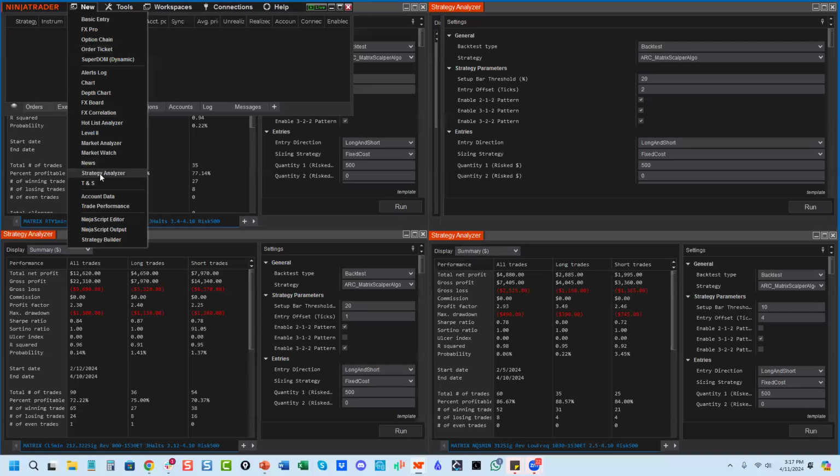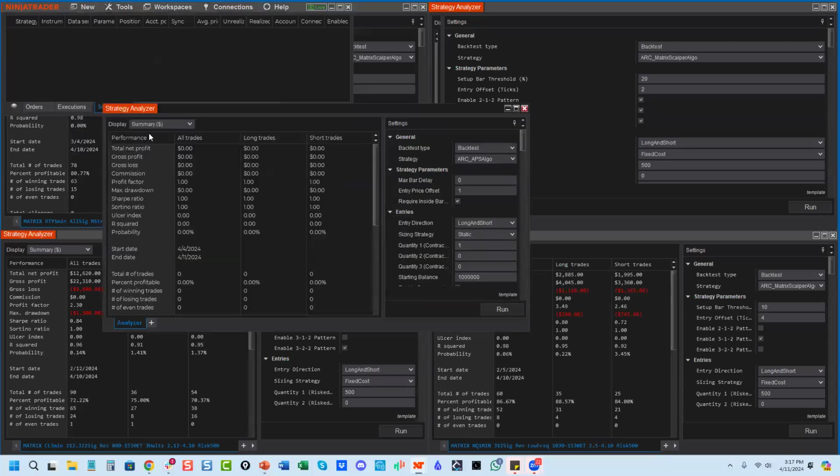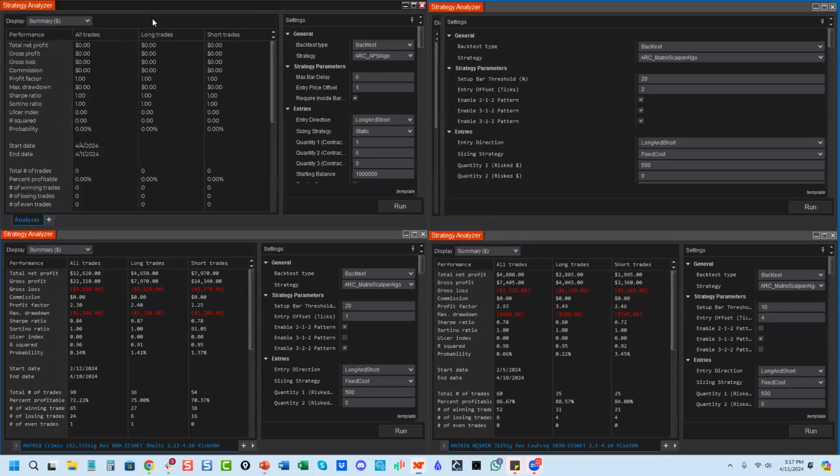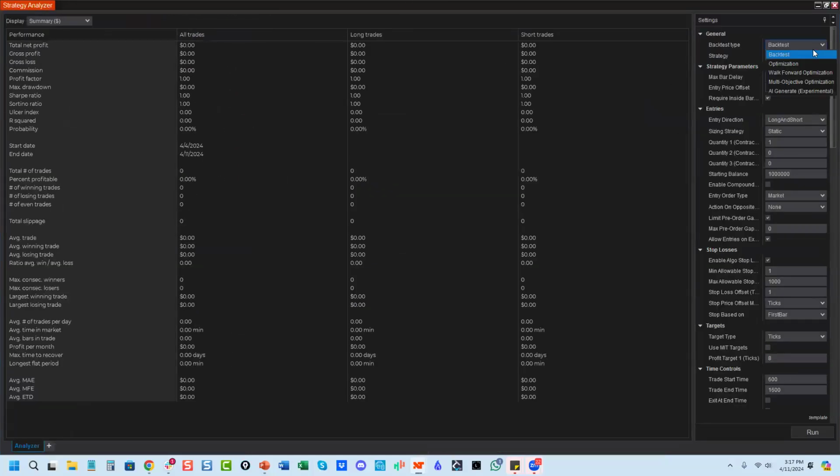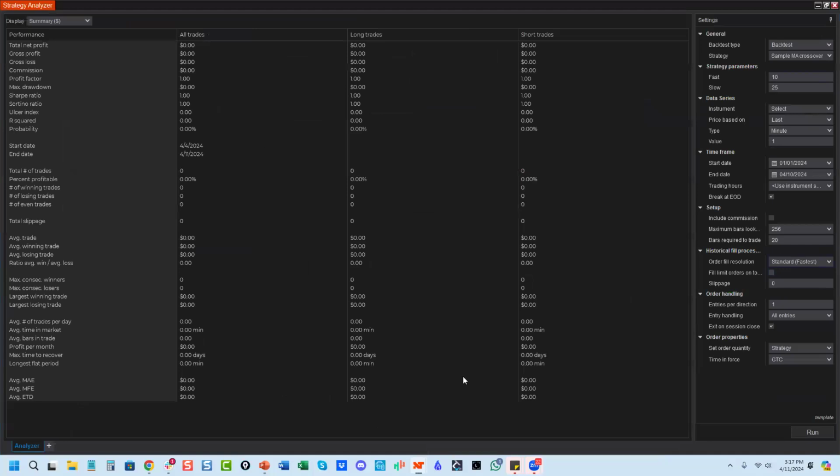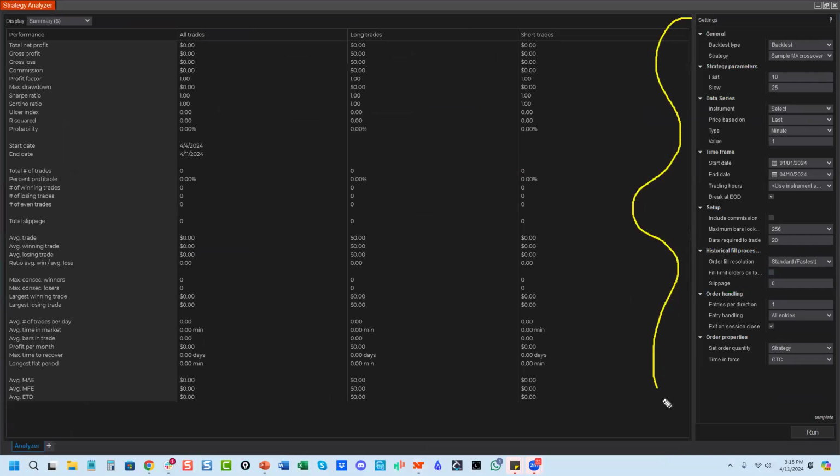And you go down here to the strategy analyzer, which is NinjaTrader's version of building and testing strategies, okay? If I go up here and go into Backtest and into NinjaTrader's, that's what you get. So we're going to draw a little circle around this little section. That is in NinjaTrader's backtesting capabilities. They let you pick the signal, which is the strategy here. So you have to have a strategy coded. You have to either buy it or code it yourself.